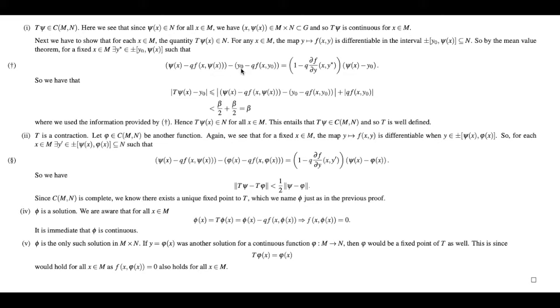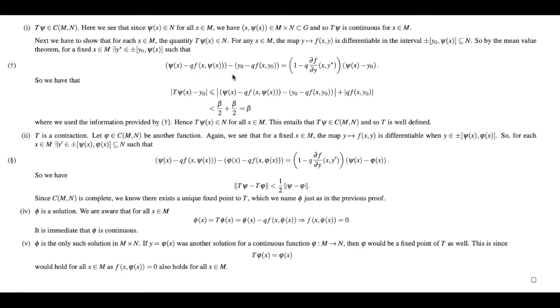So we look at the derivative of this map, y maps to y minus q f of x comma y. The derivative of this map is nothing but 1 minus q times the partial of f with respect to y, and then we evaluate it at the point x comma y. But now if we're going to evaluate it at the point y star, x is fixed, so we are only evaluating it at the point y, and we are referring to this exceptional point y star, and hence we are substituting y star into this parentheses. And